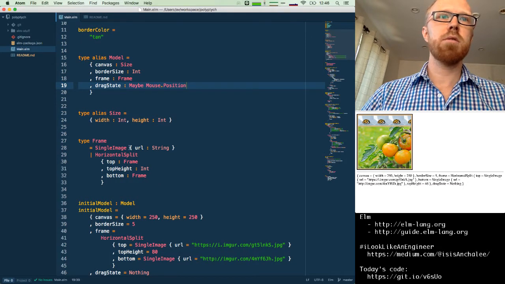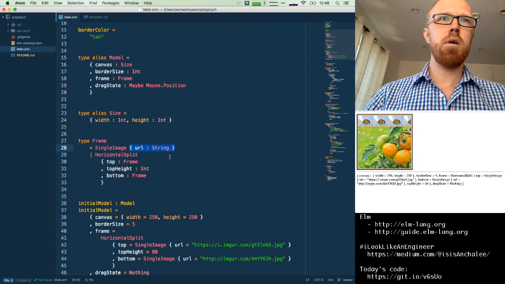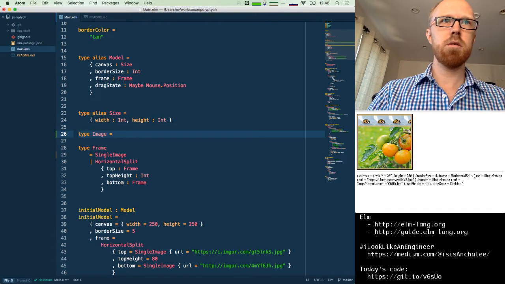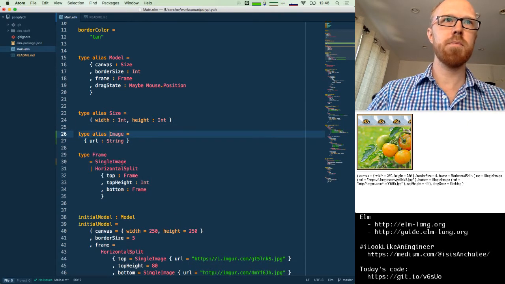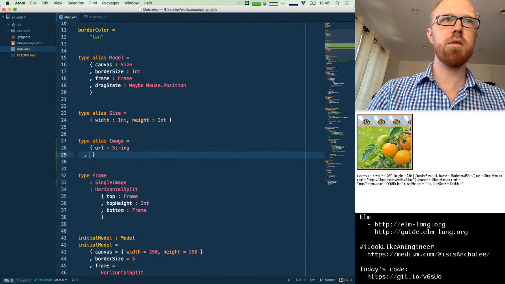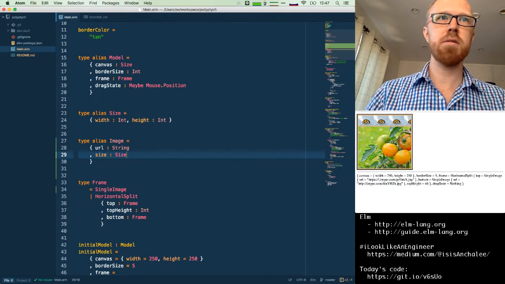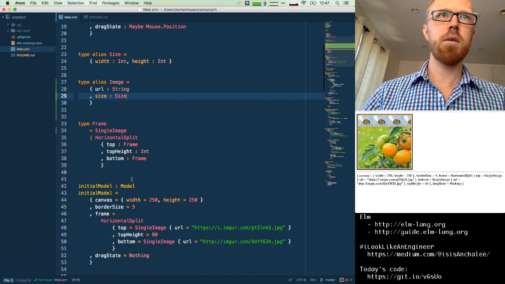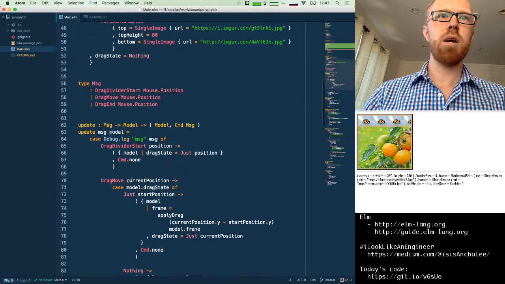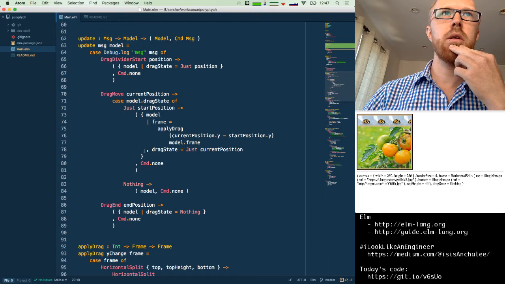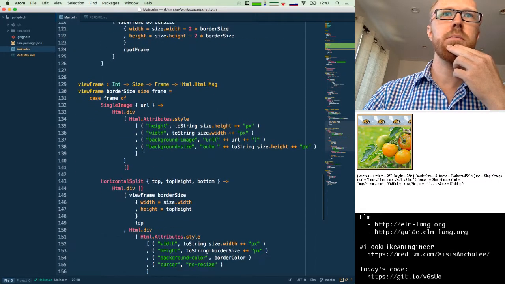So let's start out here by defining this record type as an image. So we'll have a type alias. Image is going to be not just a URL, but also it's going to have a size. And once we have that size, now in our view function,